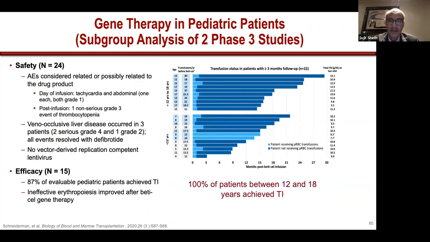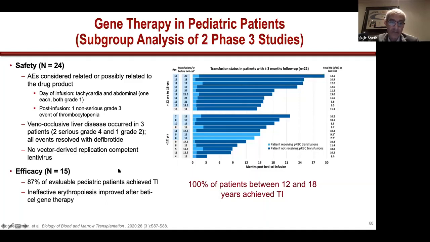This is the phase 3 study in pediatric patients, and you can see that they have also had good responses. These two individuals did not respond, and they continued to receive transfusions, but the rest of them have all responded. Again, you can see fairly good hemoglobin levels of 10 for the most part, some at lower levels, but for the most part around 10 or so, which is where we try to keep them with regular transfusions as well.